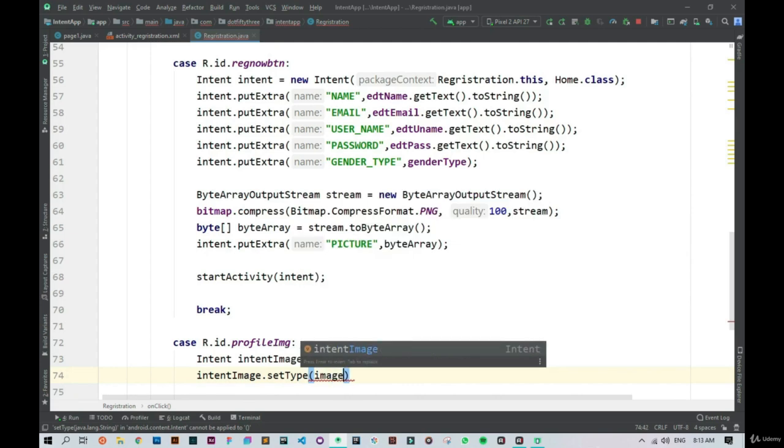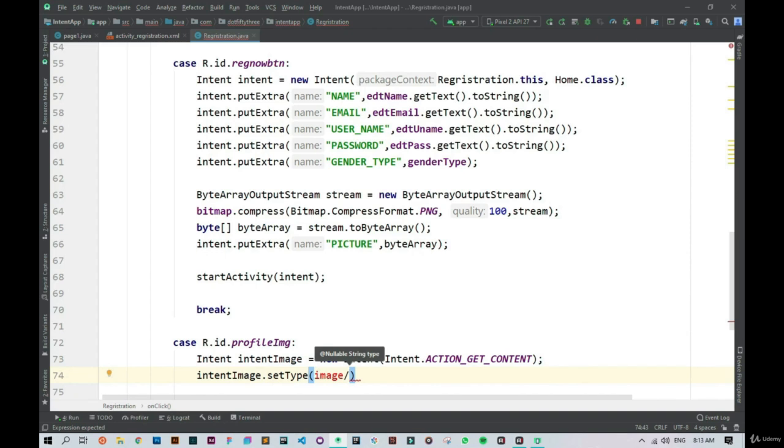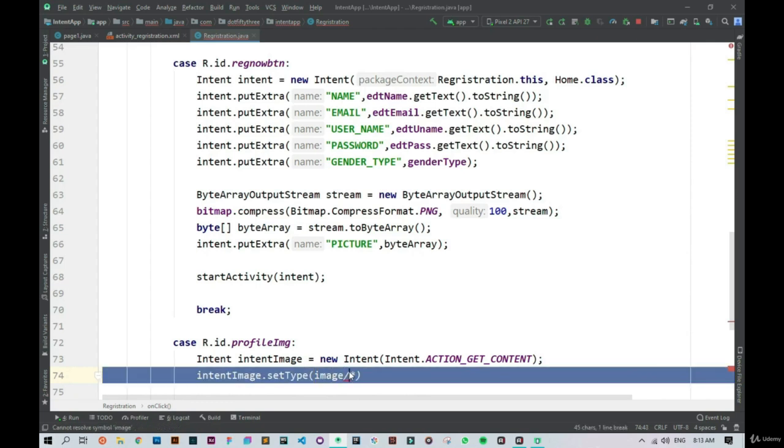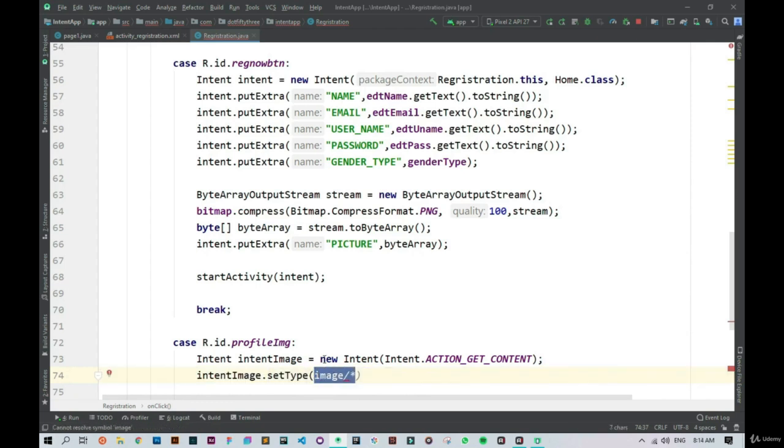Okay, which can be JPG or PNG, and to do that we have to specify that type can be of any, so we will say image slash star or asterisk. Okay, so now we need to put this in the double quotes, so select this whole thing and put double quotes. Okay, so now put the semicolon at the end,